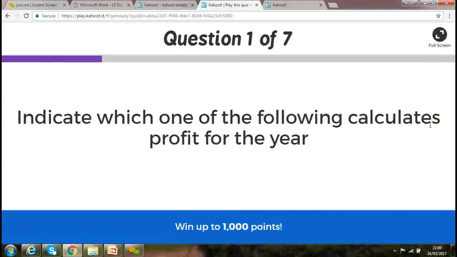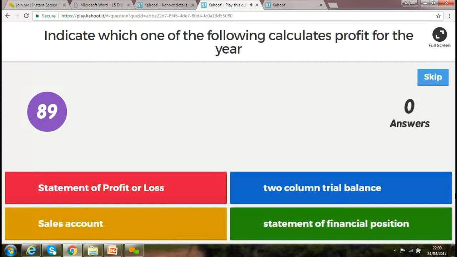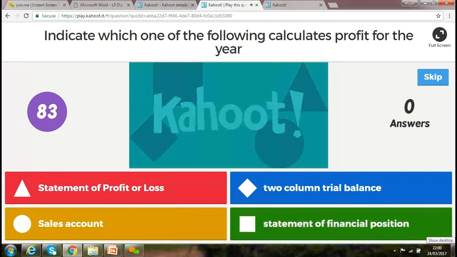Please indicate which one of the following calculates the profit for the year. Sales account, two column trial balance, statement of financial position, or statement shows the all